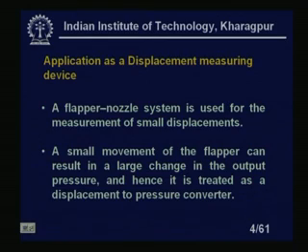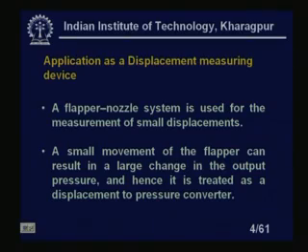Basically, I am getting pressure. Please note that in all flapper nozzle systems the output is pressure, whether I am measuring displacement, velocity or current. The output is in terms of pressure, 3 to 15 psi, or in kg if you say; it does not matter. So its output is pressure. Looking at the last line, it is treated as a displacement to pressure